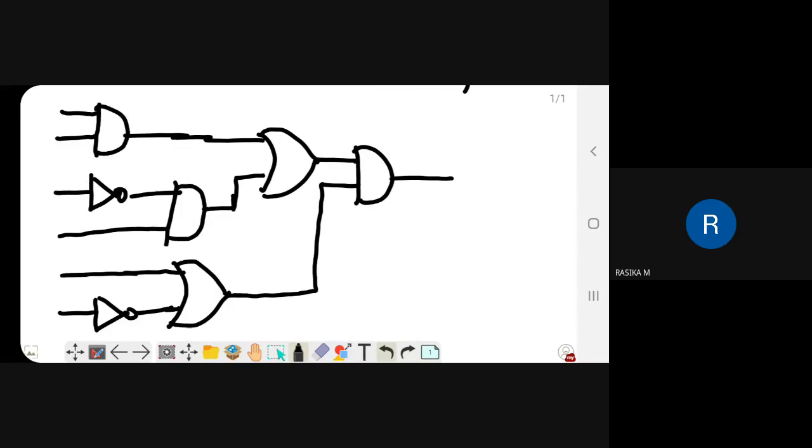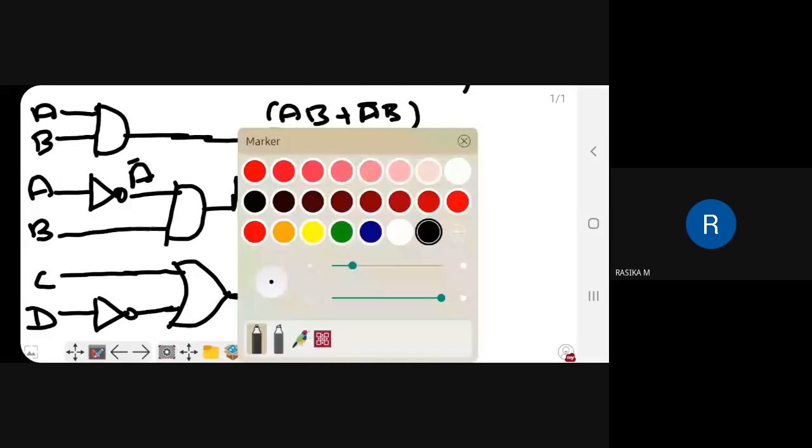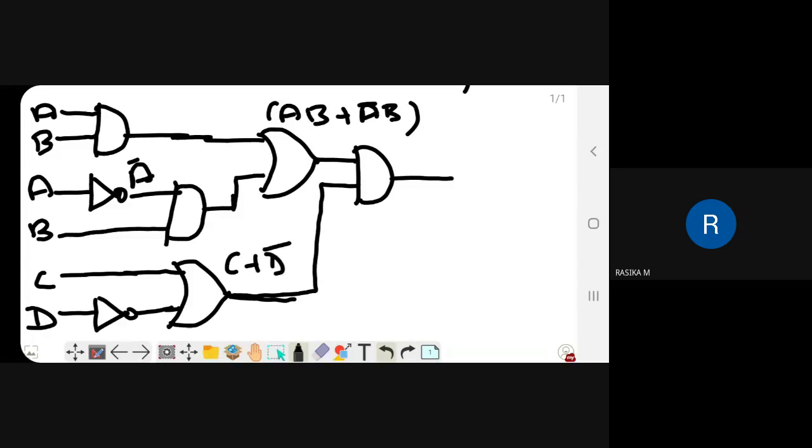Here it is AB, and here it goes as A bar B. The output will be AB plus A bar B. The output of this OR gate is C plus D bar. Finally, the output is AB plus A bar B dot C plus D bar.